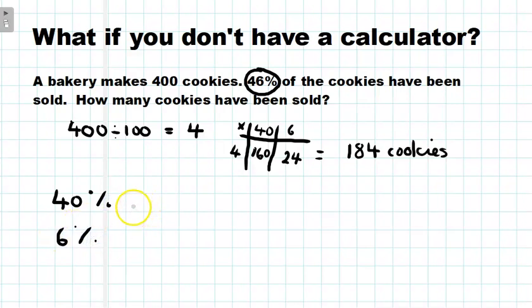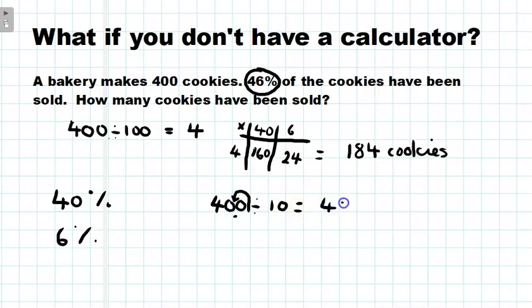So the other thing that I could do here is calculate 10% of 400. If I want to find 10% of something, I divide the number by 10. Whenever we divide by 100 or 10 or 1000, our number will move across the decimal point. When it's 100, it moves twice. When it's 10, it moves once. So if I take 400 and divide it by 10, in my head, I could work out how many 10s squeeze into 400, no problem. What I could also do is just remember that decimal point moving once, which now goes here,